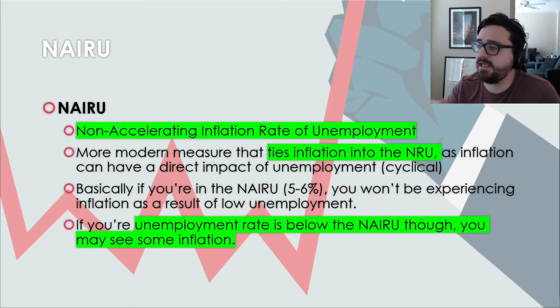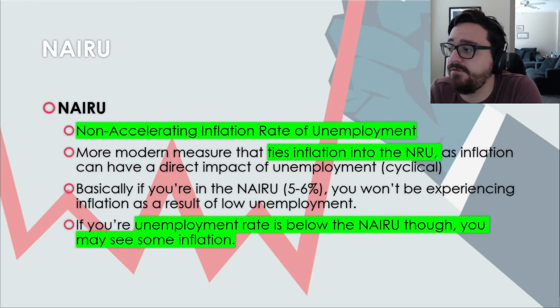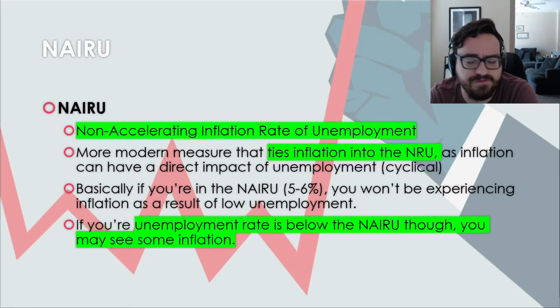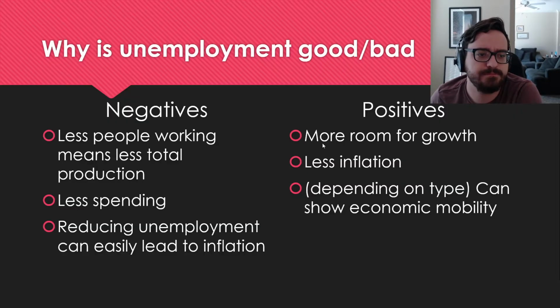May is a key word because like the last few years we had very low unemployment and our inflation rate was actually not unreasonable. It was fairly sustainable. There were a lot of more complicated things going on in our economy at that point that helped keep our prices relatively low. Nothing too shady or anything, just a lot of complicated international stuff going on that allowed for our inflation rate to stay kind of low. But generally, as a rule of thumb, if your unemployment rate is below that NAIRU level, you should reasonably expect some inflation as a result.